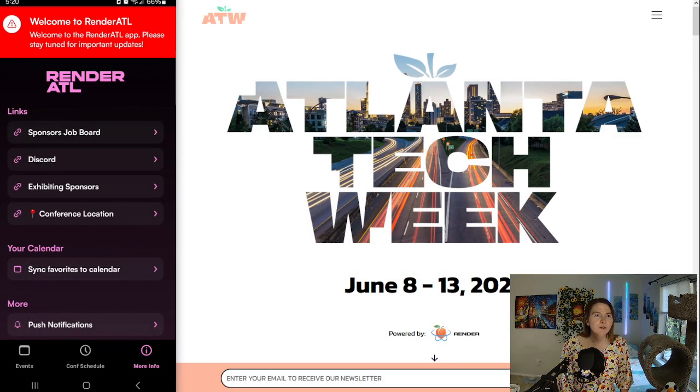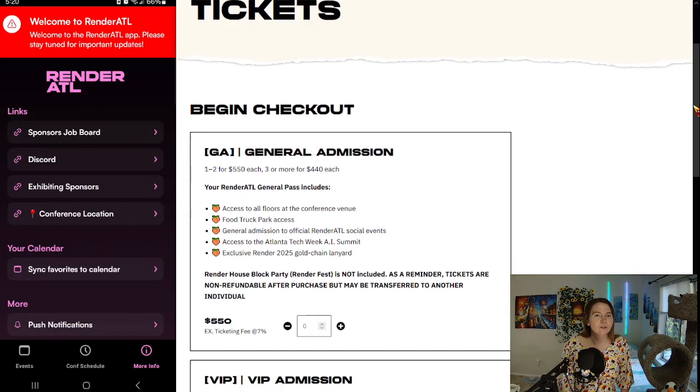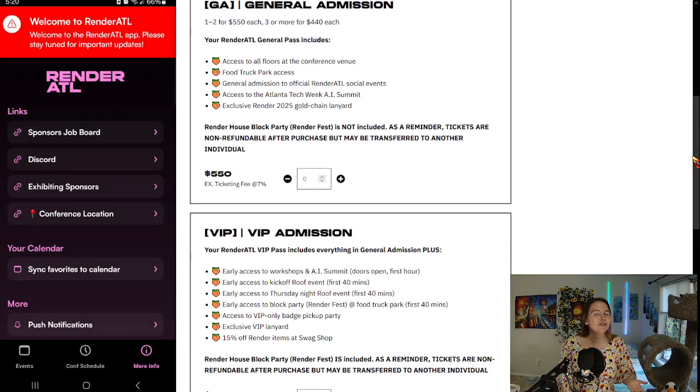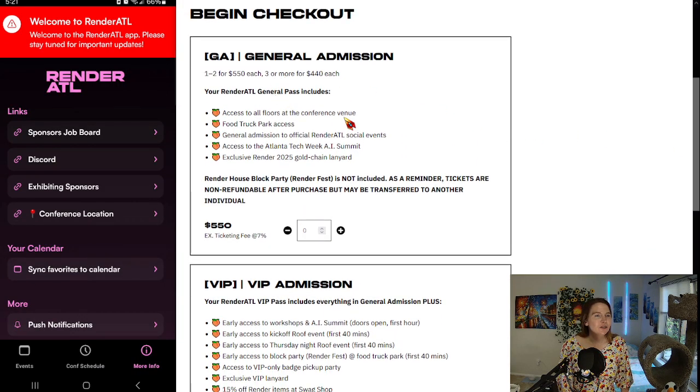Now for the fun part, let's talk about the prices. For Render, there are two types of tickets. There's general admission and there's VIP admission. The general admission still comes with the conference. You get access to the food trucks and the tech week. If you do want to join their house party, of course, that's going to be a separate ticket. They do have a big